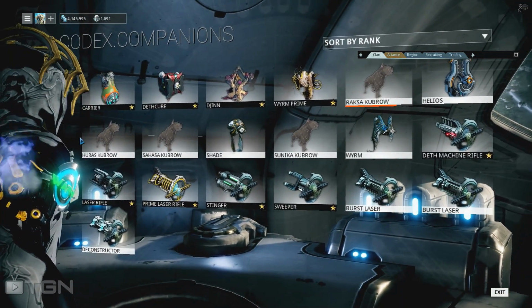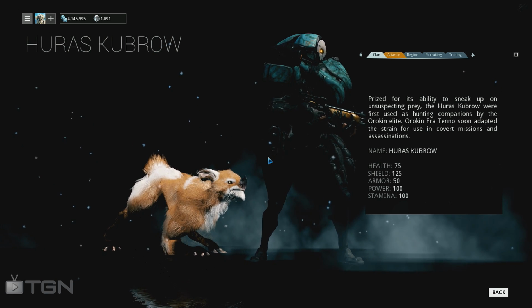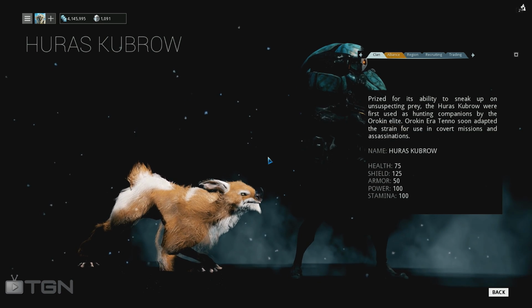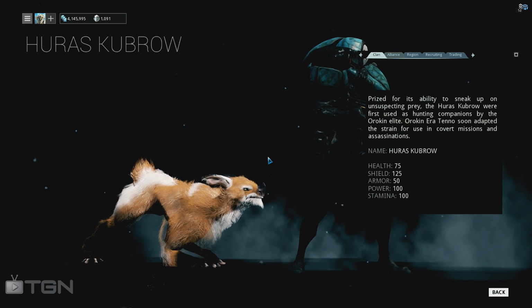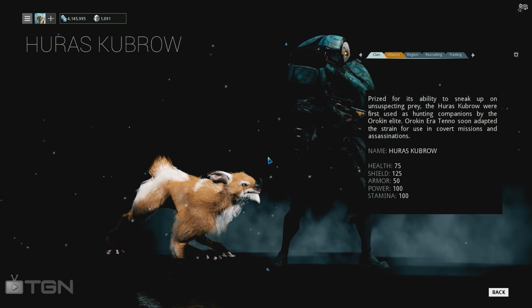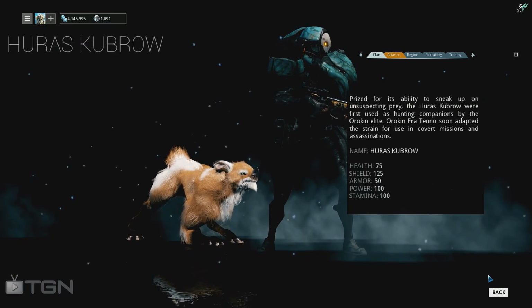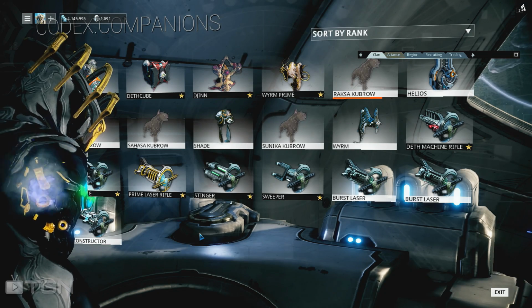Let's check out the Harass. Prized for its ability to sneak up on unsuspecting prey, the Harass Kubrow were first used as hunting companions by the Orkan elite. Orkan era Tenno soon adapted the strain for use in covert missions and assassinations. Harass Kubrow: he has 75 health, shield 125, armor 50, power 100, stamina 100. This Kubrow is your stealth Kubrow, the sneaky one, sort of like a Loki and Ash